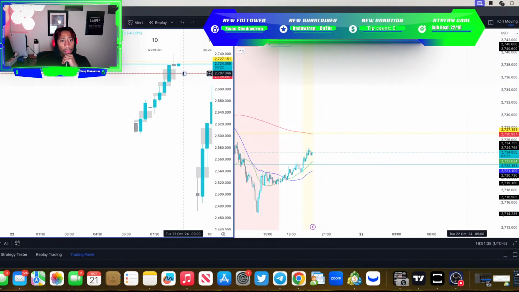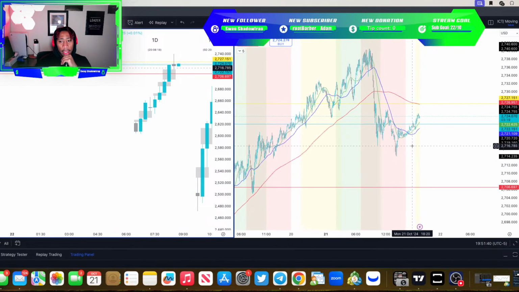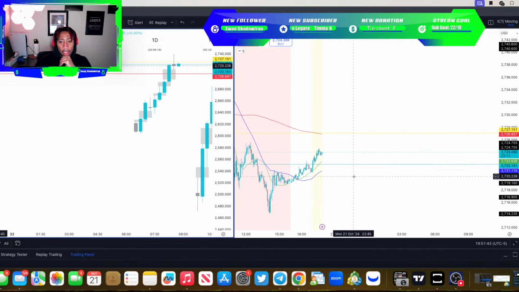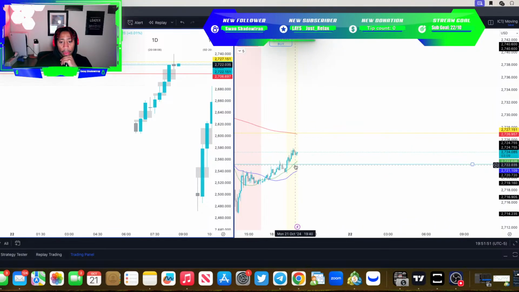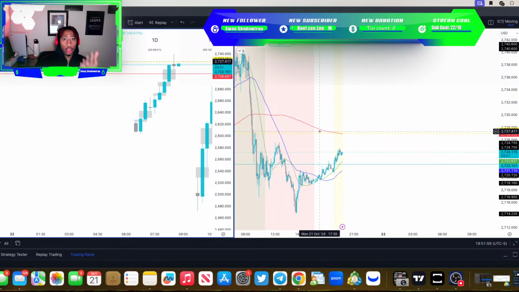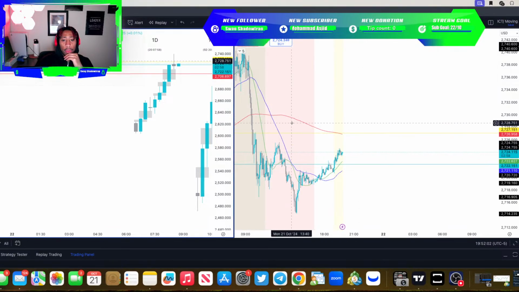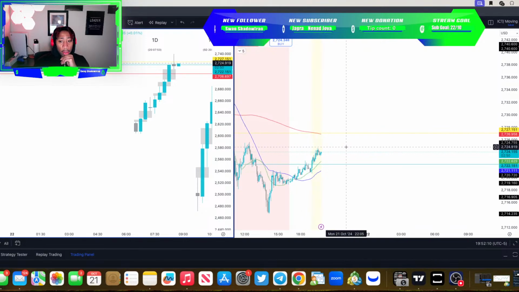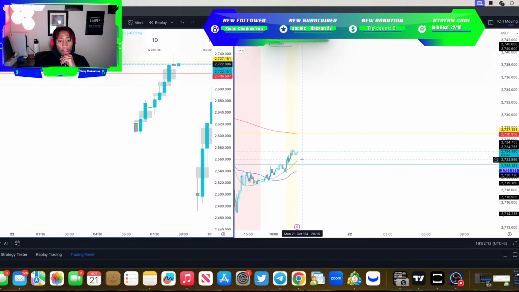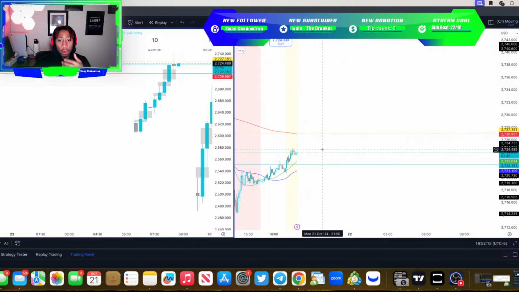Now, understand too, there is a daily fair value gap all the way down here. So my strategy basically works like this, and I explain it every single time, and I will keep explaining it every single time. I use my 21 moving average as my entry and exit, basically. My 200 moving average is my trend indicator. So right now, since price is below my 200 moving average, even though we know that gold is very trending, if I am going to take a buy position, which is what we're looking for,